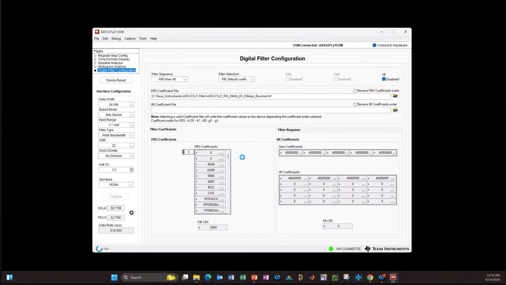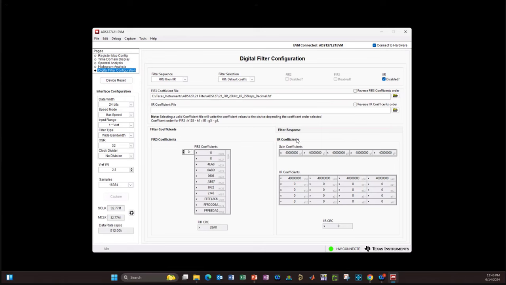And as soon as I clicked on it, the EVM GUI read that file in, and then it converted those numbers to the fixed point 32-bit values that are required to store into the L21 device itself. And that's what we're displaying here. Not the floating point decimal version, but a hex code 32-bit fixed point version. And you can scroll through and observe what these are. So these are now read into the device.